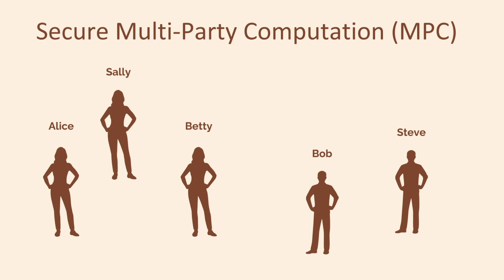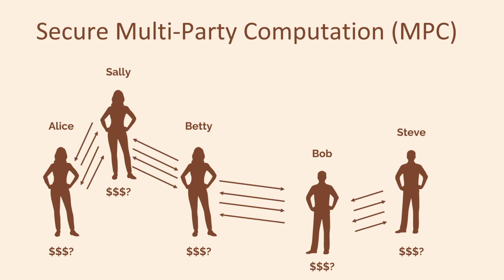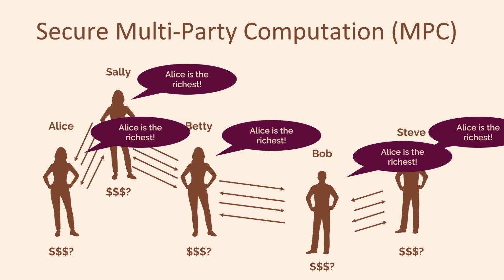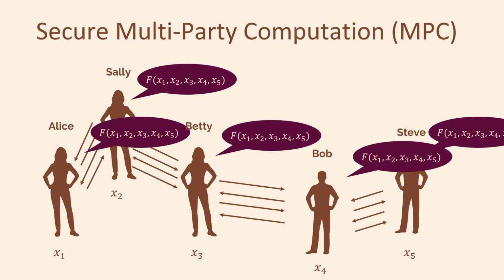So let's start by quickly reviewing the goal of MPC. Let's say that there is a set of parties, and these parties have some private input, and these parties don't want to share their private input with anyone else, but the parties also want to answer some question about the joint set of inputs. So what MPC does is allow these parties to communicate to learn the output to this question, or more generally, the output of the evaluation of any efficient function over their inputs, while still respecting the privacy of each individual party.